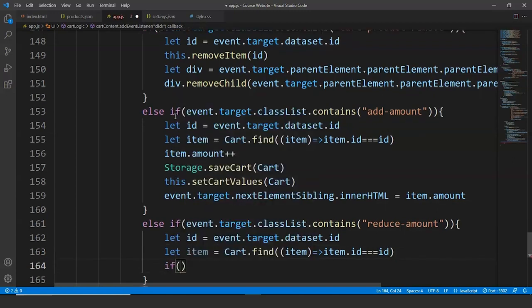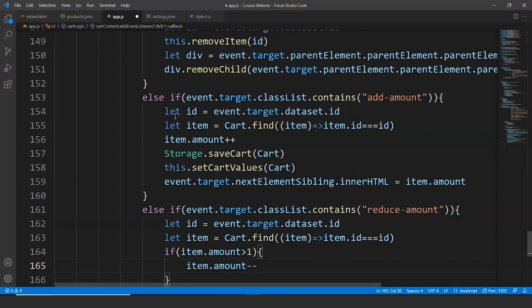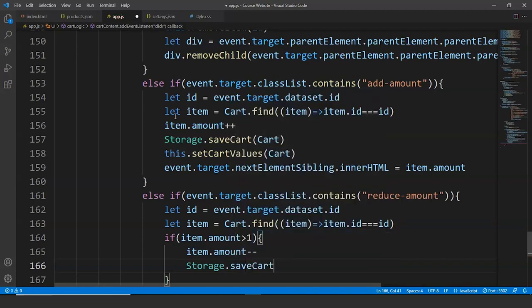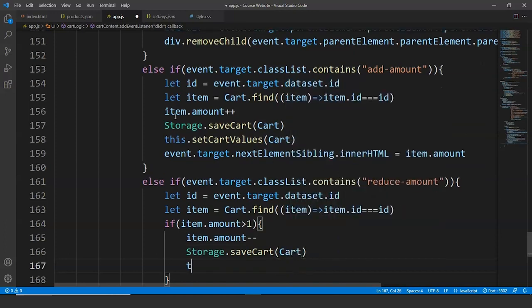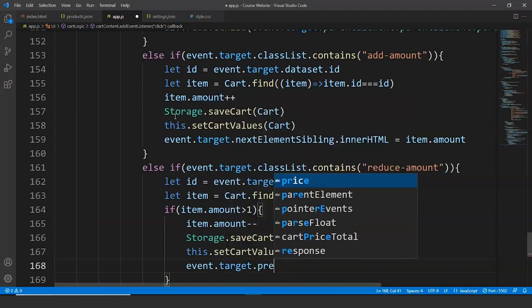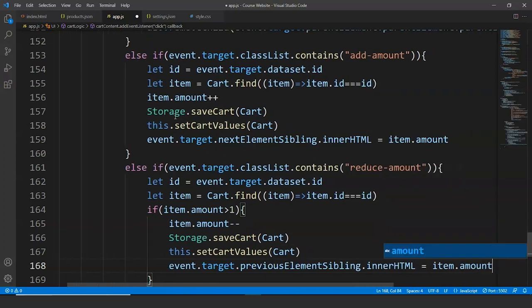Then we are again going to use an if statement, so we'll write here item.amount is greater than 1. If the number of items is greater than 1, then item.amount-- and store it inside the cart. So we are going to write here Storage.saveCart and we'll pass cart here. Then we'll write here this.setCartValues and we'll again pass cart here. In the next line we'll write here event.target.previousElementSibling.innerHTML is equal to item.amount